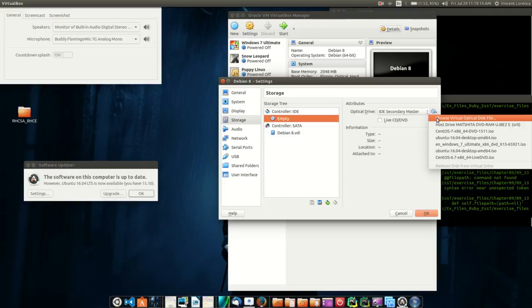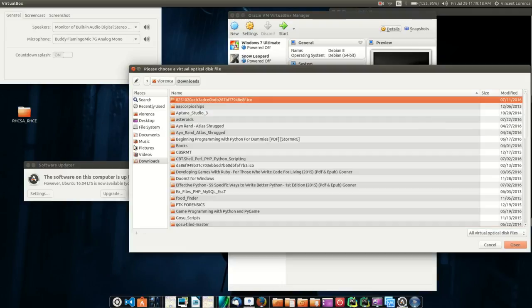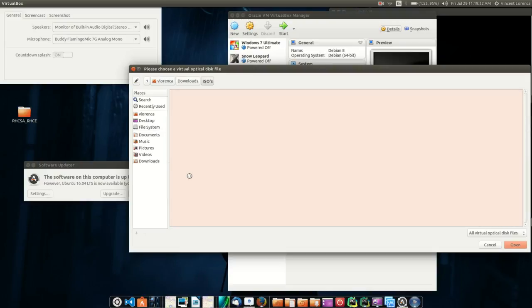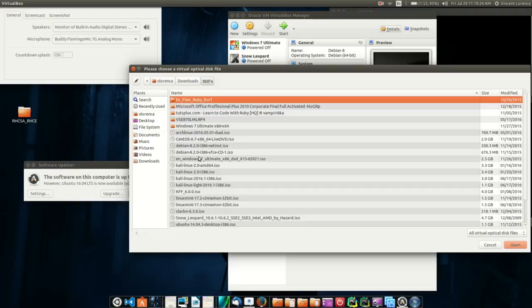I usually choose the image that I'm looking for, and it's in my downloads ISOs Debian. Where is it? Debian. We're gonna try